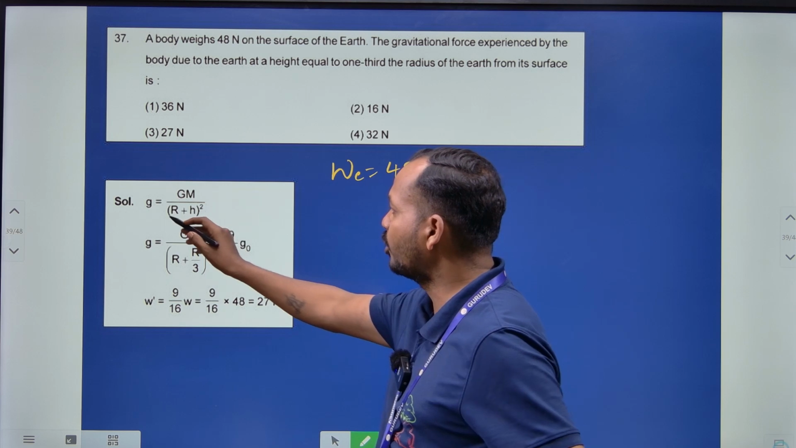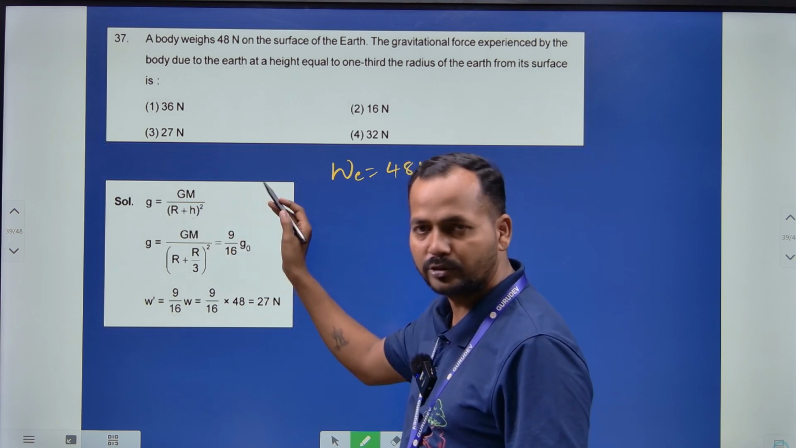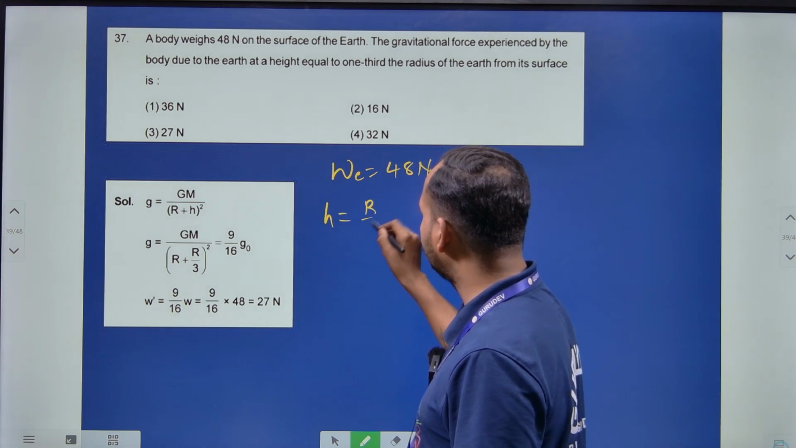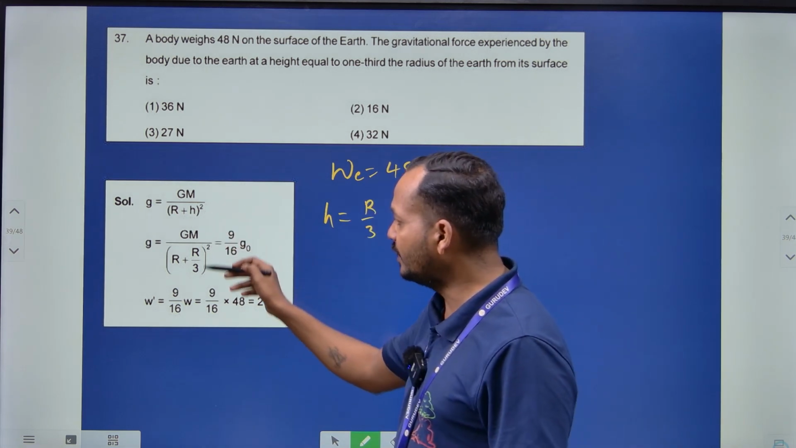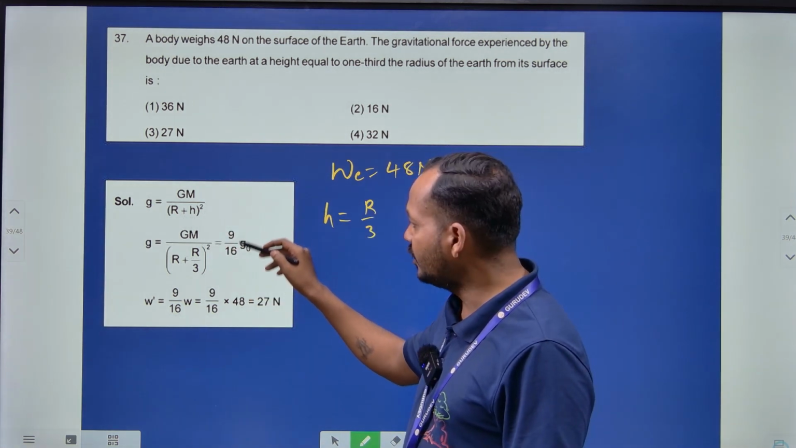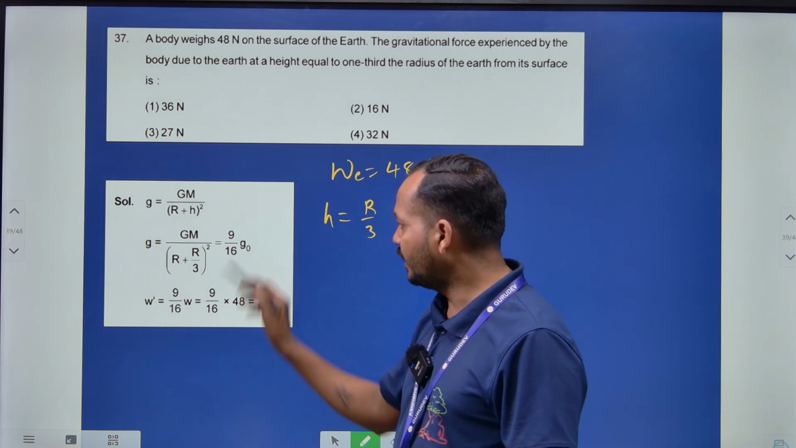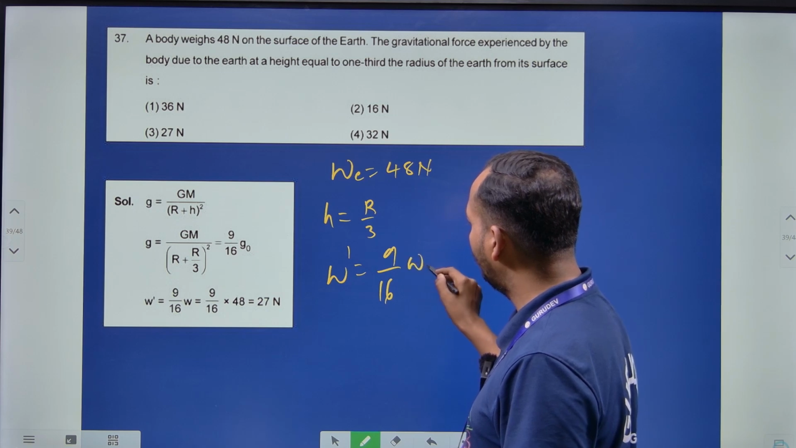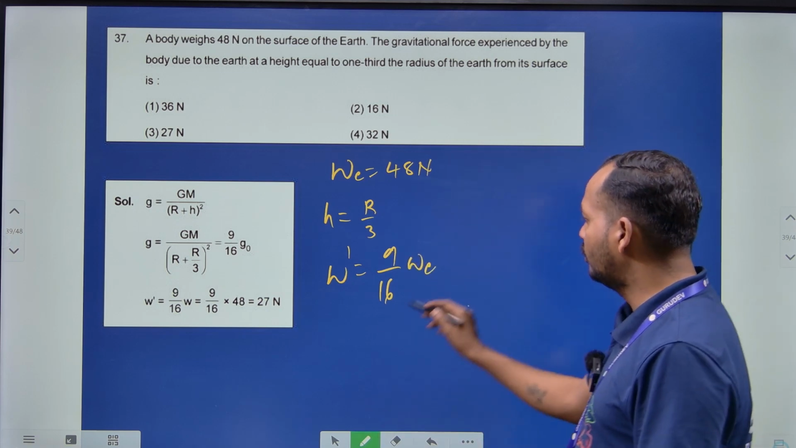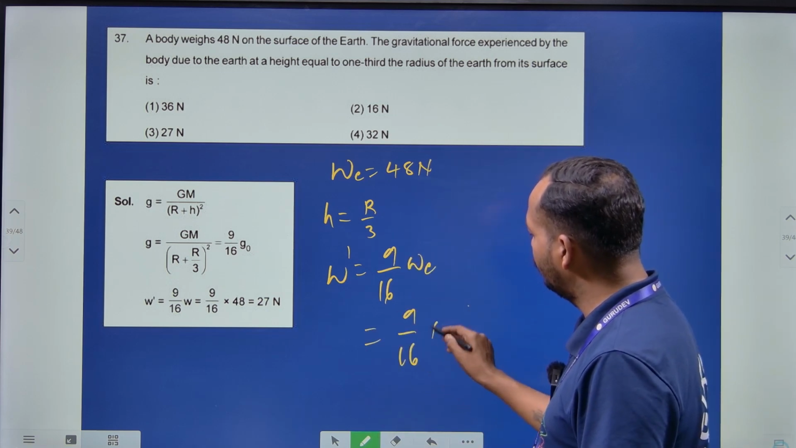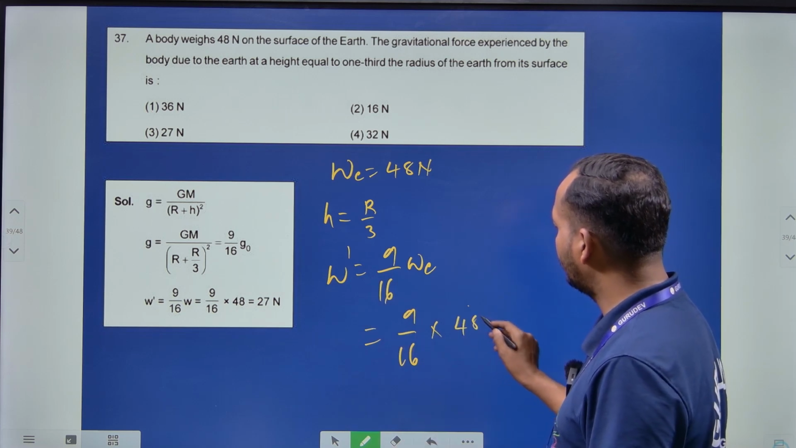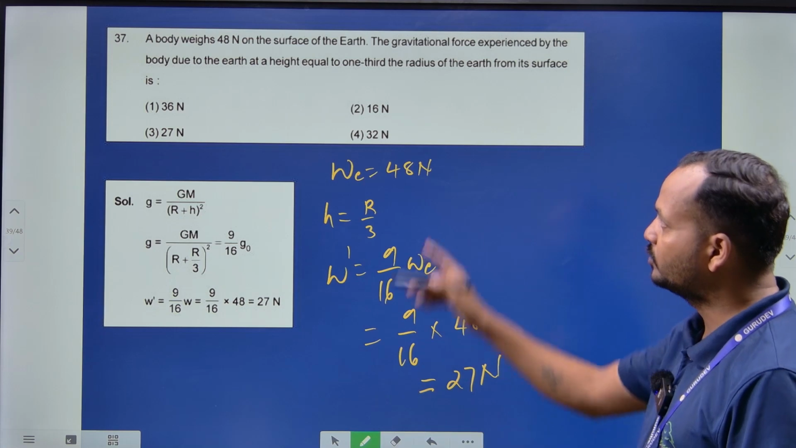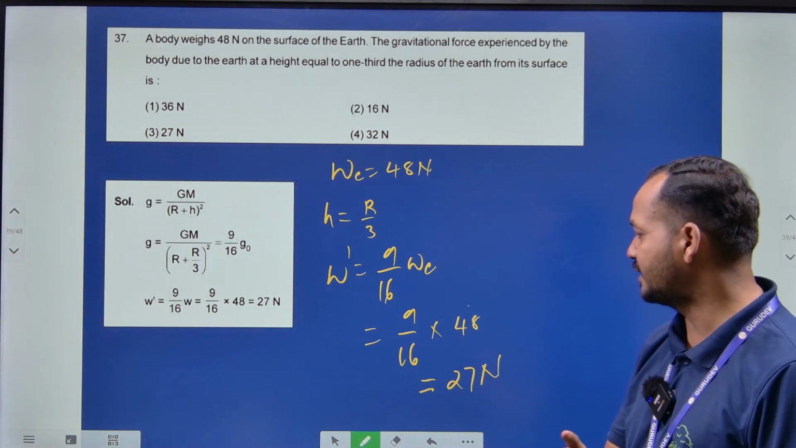उसके लिए हमारे पास जो फॉर्मूला है g इक्वल टू GM अपॉन (R प्लस H) होल स्क्वायर, और यहाँ पे जो H है वो होता है R/3। तो इस H में R/3 लगा दो, तो आपका जो आंसर आ गया 9/16 टाइम्स ऑफ g0। तो ये W डैश होगा 9/16 टाइम्स ऑफ वेट ऑन अर्थ। तो 9/16 इंटू नथिंग बट 48, तो अगर आप इसको सॉल्व करोगे तो आपको आंसर आएगा 27 न्यूटन, ठीक है। तो बच्चों ये आंसर आ गया आपका 27 न्यूटन आ जाएगा।